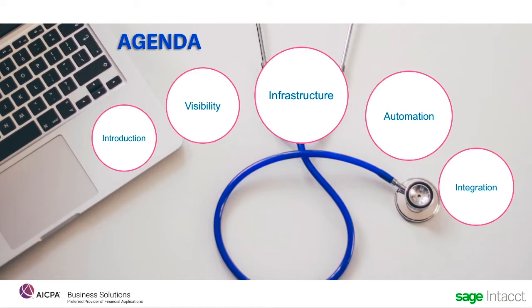Today we're going to look at built-in dashboards and reporting, infrastructure that provides flexibility, and the automation tools that keep your team efficient and in control. We're also going to look at how Sage Intacct's best-in-class approach connects you to other best-in-class services. Before we dive into the system demo, I'd like to set the stage a little with why we're looking at